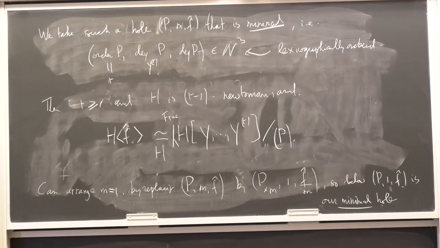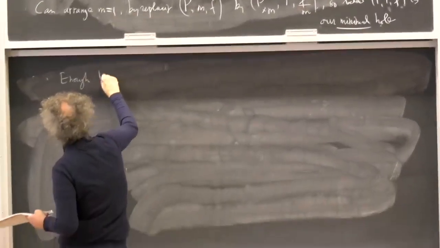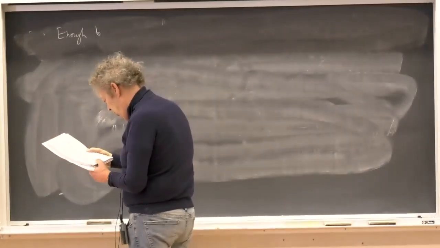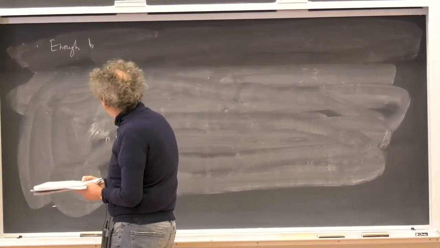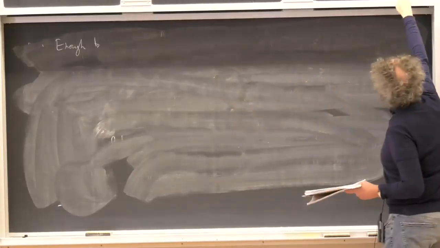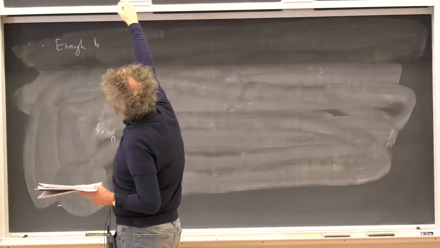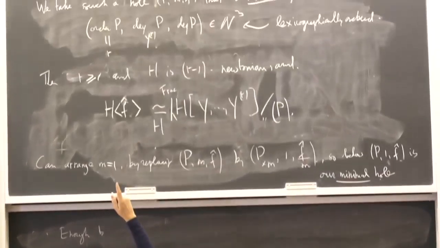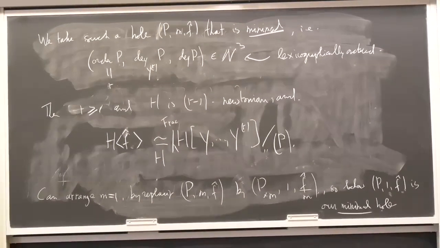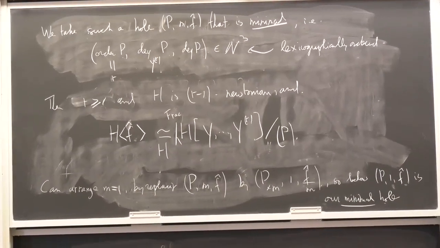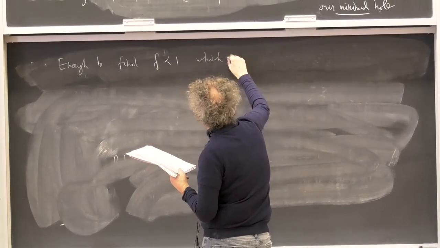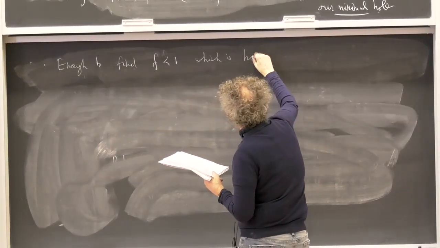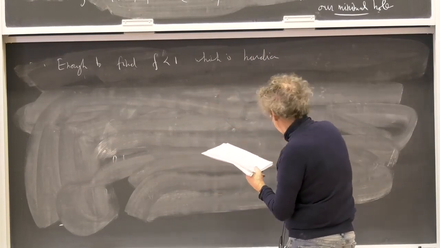So now it's enough to, let me see. F hat is kind of a guide towards what we want. We basically want an element F that does lie in a Hardy field, but that behaves just like F hat itself. So it's enough to find an F strictly dominated by 1, which is Hardian over H. That means it lies in some Hardy field extension over H, such that